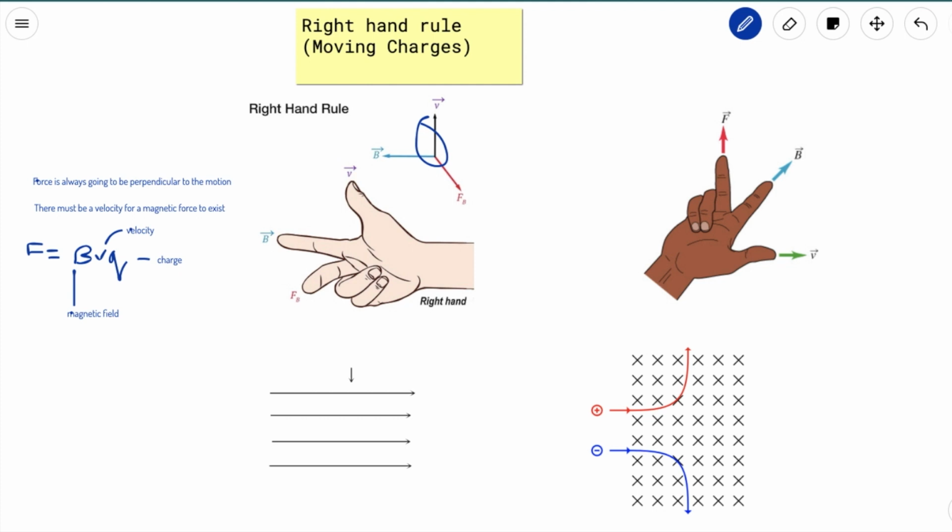So it's always going to be perpendicular to the motion, and there must be a velocity for the magnetic force to exist. So in a uniform magnetic field, right,